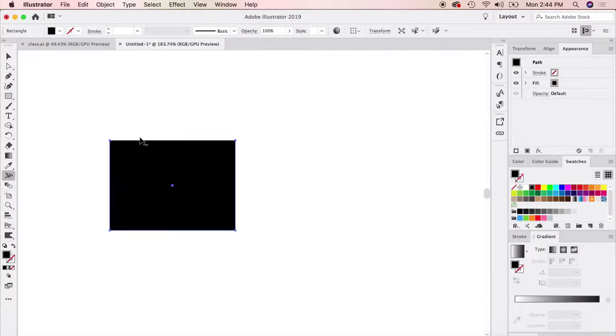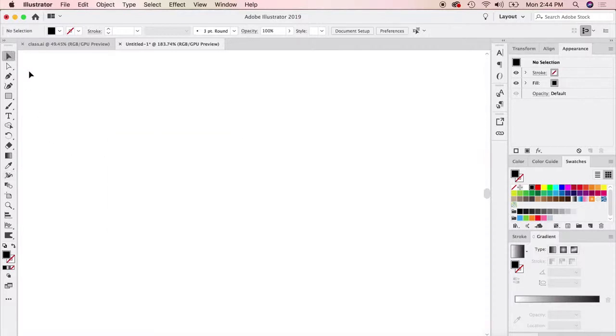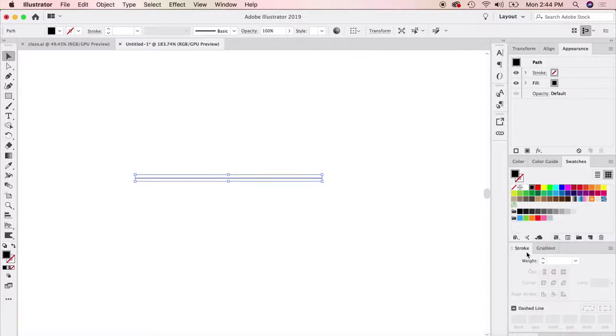I grab my width tool. You're not going to be able to do a whole lot. It needs to be a stroke or a line. So let's go ahead and create a stroke and a line. We're just going to grab our pen tool and create a very simple horizontal line. And so there's our horizontal line. Let's go to our stroke panel and increase the weight on that so we can see this